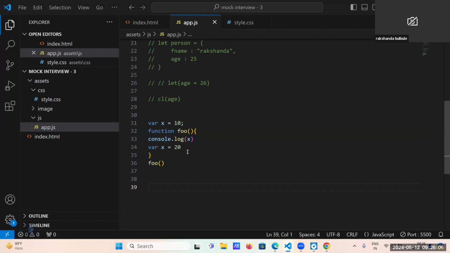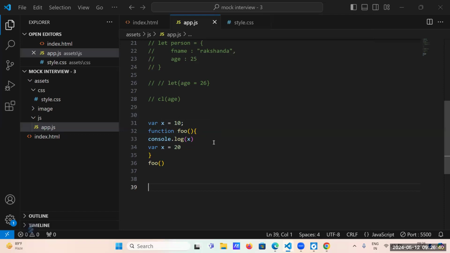Because in var we cannot use it before it is initialized. Okay, but it is initialized on line number 31, right? So it has a value of x equal to 10. It is not in the functional scope.